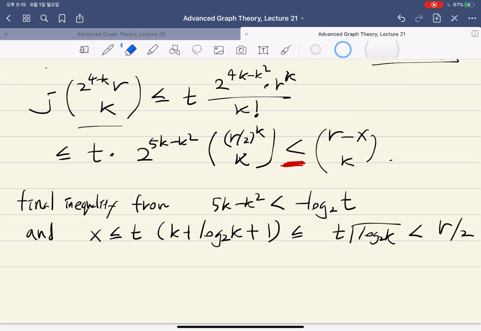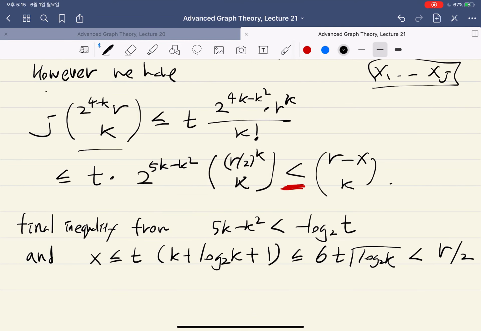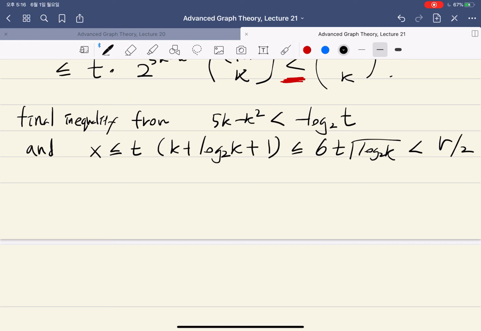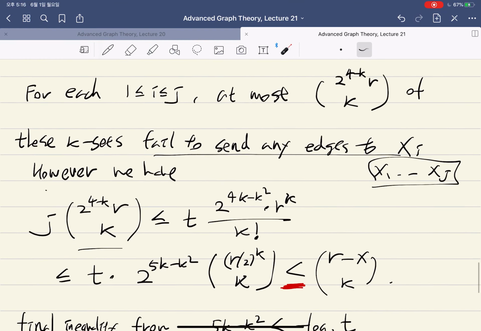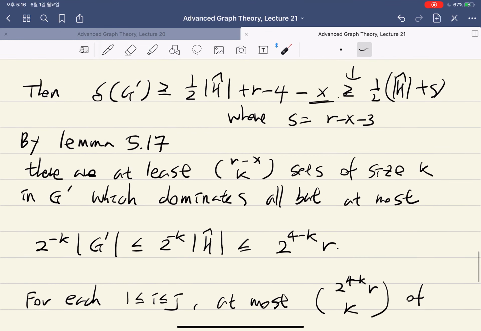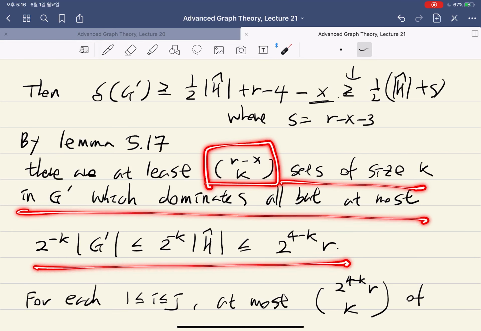Let's say this is something like 6. Some of the constants might be wrong, as there was some computation error in my previous computation, but up to a multiplicative error term, you can actually check that this holds. So what does it mean then? We already showed that there are at least this many sets of size k which dominate many vertices except that many. So this is one requirement of